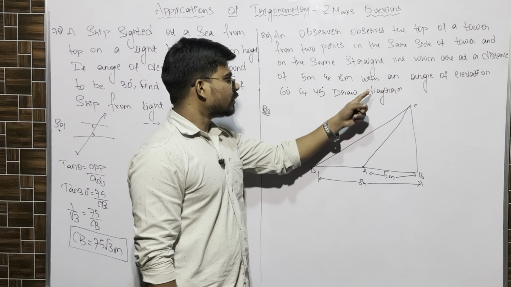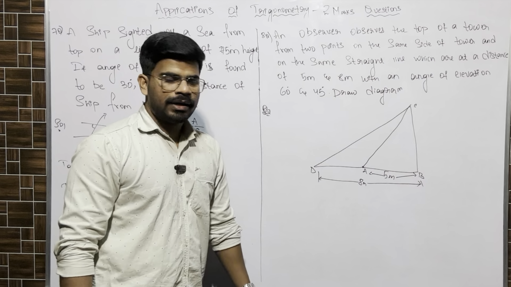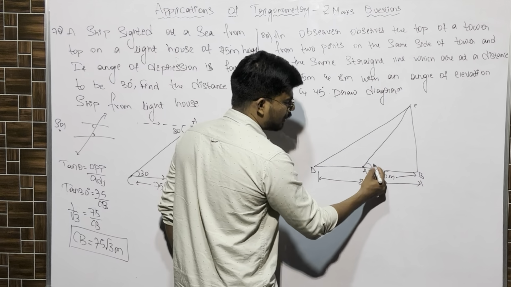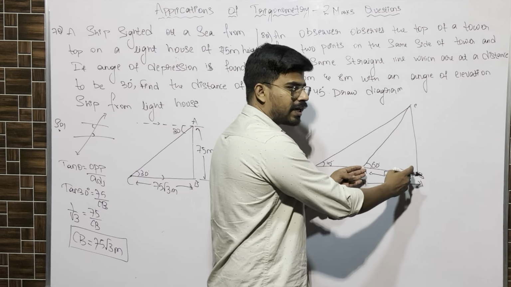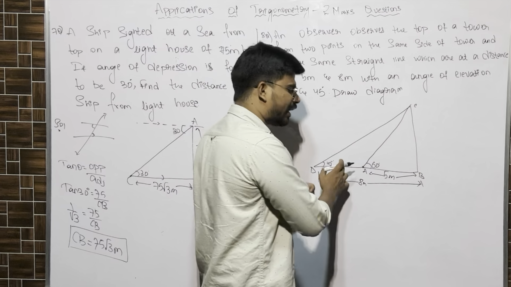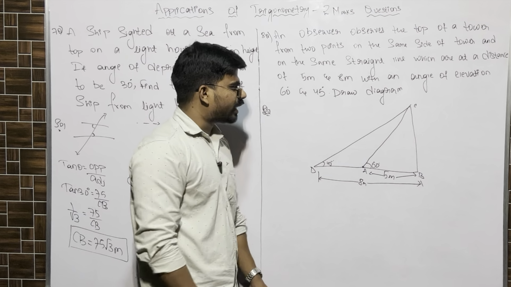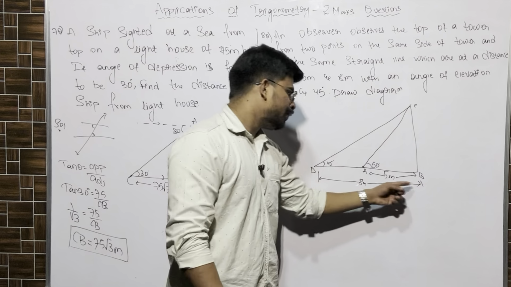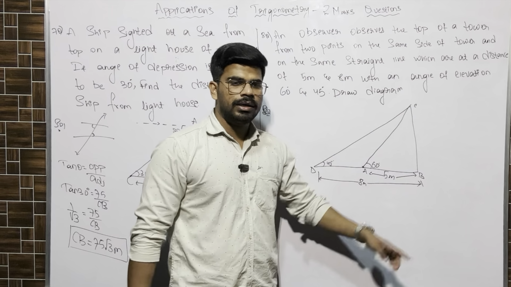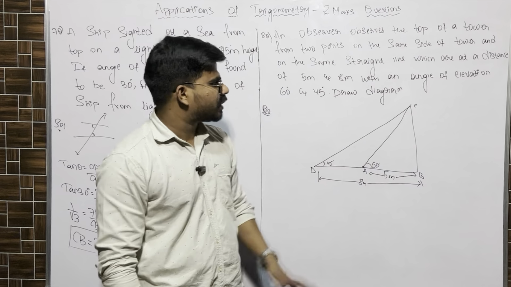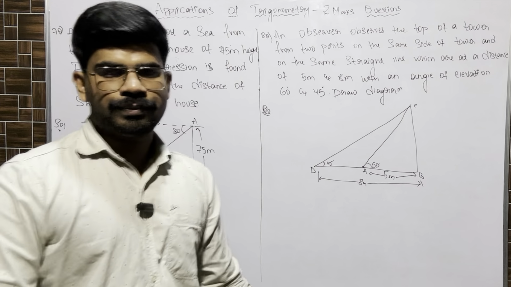Next, angle of elevation 60 degree, and at A it is 60 degree, at B it is 45 degree. As we already discussed, if the distance is less, angle will be more. If the distance is more, angle will be less. So we just have to draw the diagram and write the terms. CB is the height of the tower, AB is the distance from the observer's first point to the tower, and the second point to the tower. Just represent in the diagram. That's all is required. Copy down.